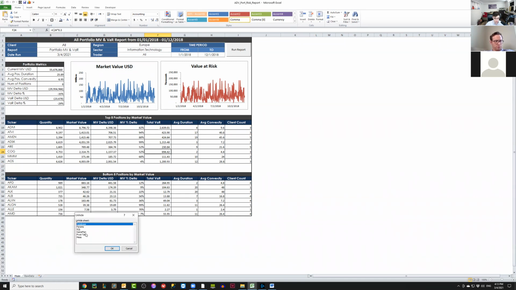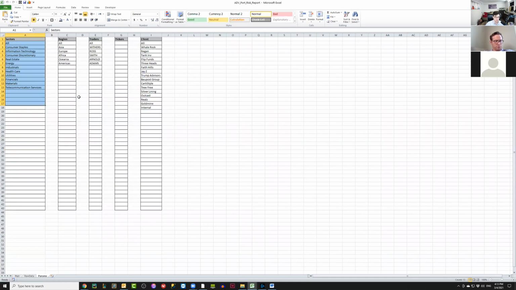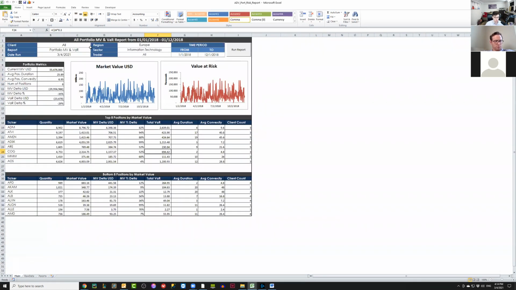So here we have a parameters tab. And this tab has all the sectors, all the regions, all the traders, all the clients. It'll even possibly have all the tickers, depending on what you're looking for. And the idea is when the user opens up this Excel workbook, a code runs in the back that looks at your database, at all the active sectors, regions, and traders. This isn't static, it's not just a list. It gets updated when the workbook opens. And these lists will drive these dropdowns. So if I remove something from a list, it will no longer show up in this dropdown.